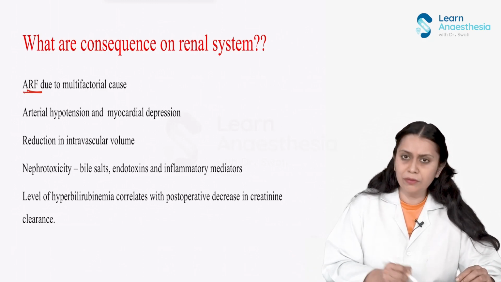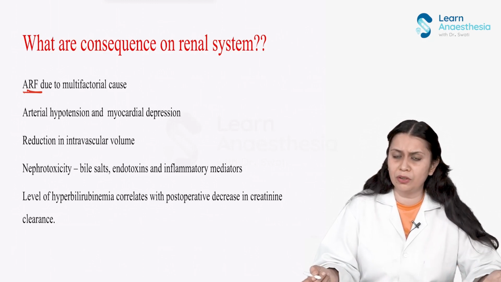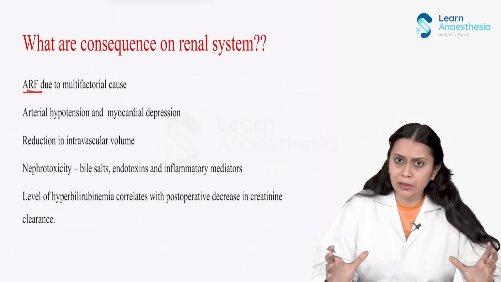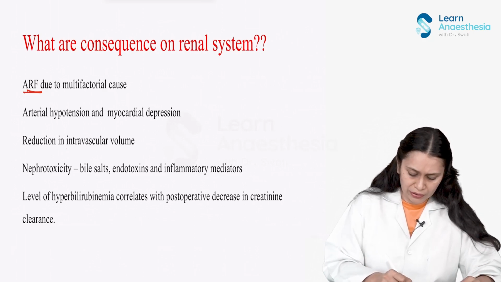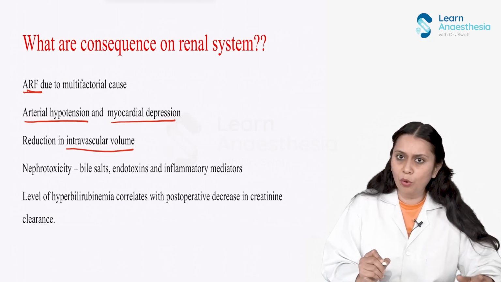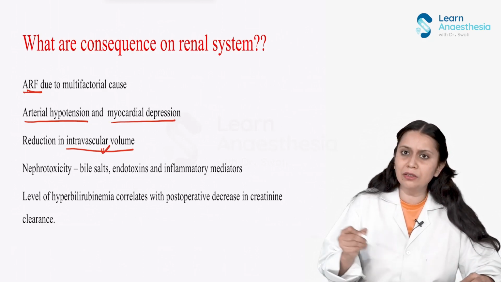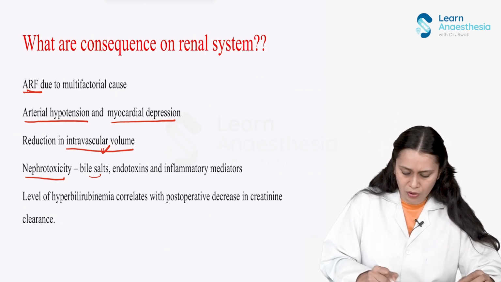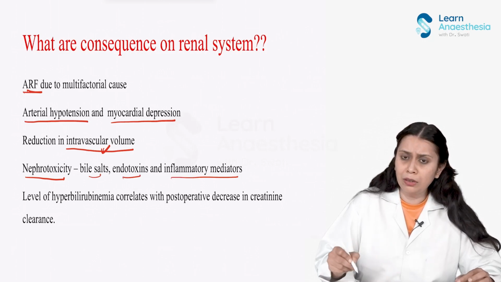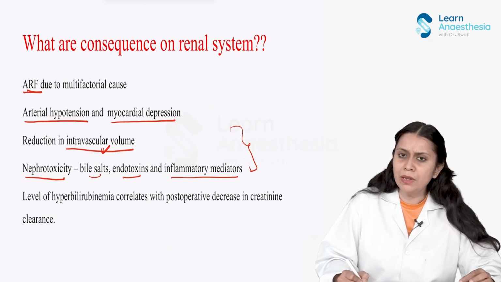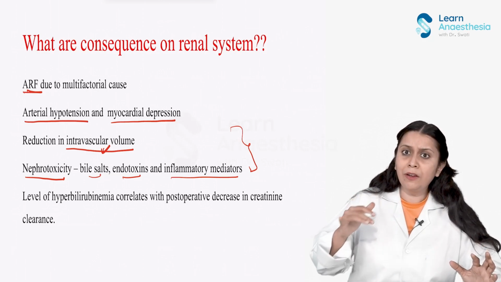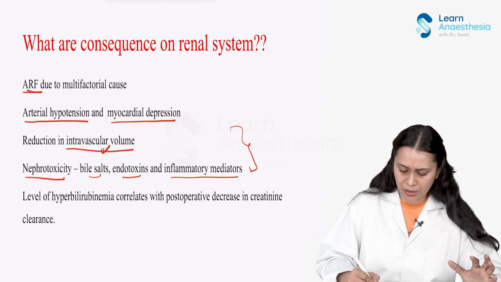Acute renal failure is due to multifactorial causes: direct toxic effect and indirect effect due to the vasodilatation causing reduced intravascular volume. So arterial hypotension and myocardial depression both lead to a reduction in the intravascular volume, so renal blood flow would be reduced. And there is direct nephrotoxicity by the bile salts, endotoxin and inflammatory mediators. Because of the decrease in intravascular volume and because of the direct toxic effect, acute renal failure can happen. Now remember the level of hyperbilirubinemia. Higher the hyperbilirubinemia, more would be the